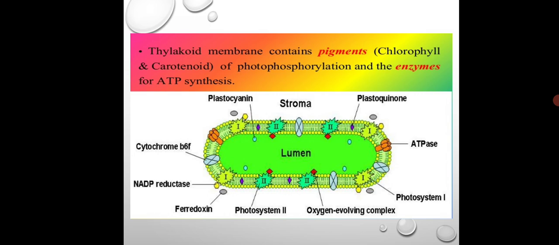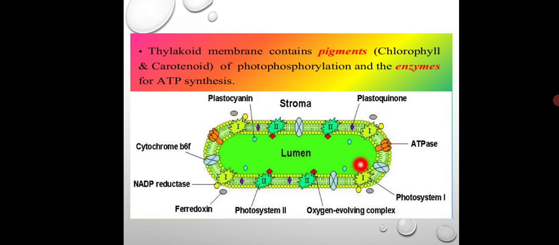Reaction center means your photosystems. If we take one sheet of that thylakoid, it consists of photosystem 1. Photosystem 1 is present at the first and last membrane of the thylakoid. So photosystem 1 is there, photosystem 2 is there, and this